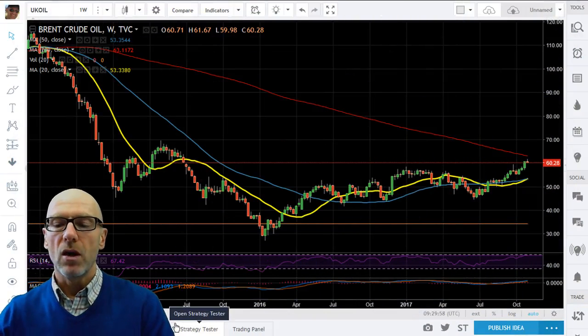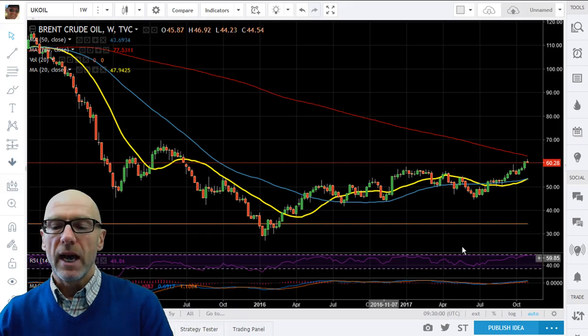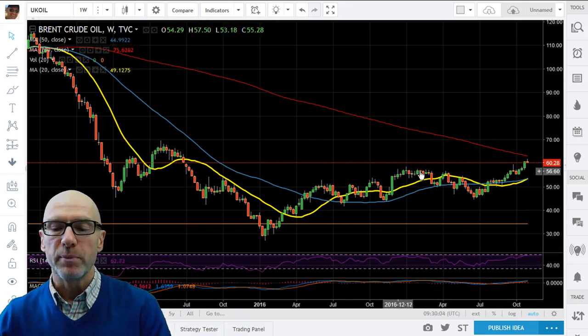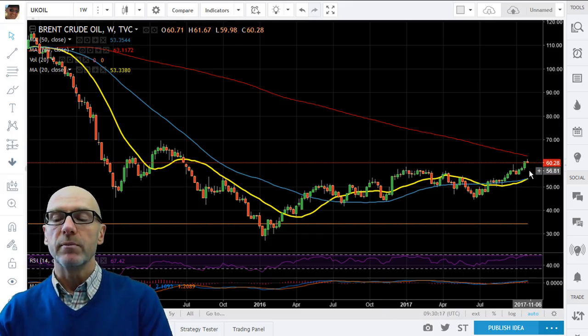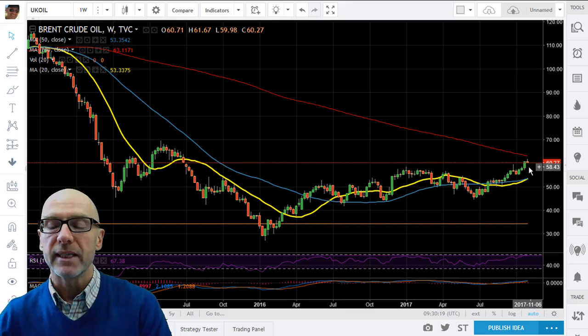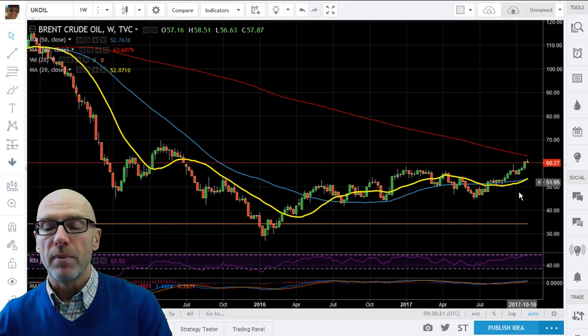So here we are on the weekly, and you can see that we have broken above the resistance of the long-term trading range, which was confirmed last week when we broke above 58 and towards the 60 level. Obviously we moved slightly above 60 last week and this week, but you can see here that we're going to